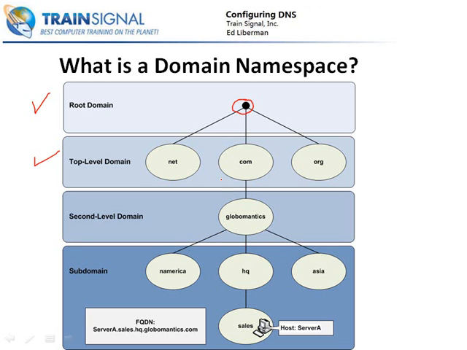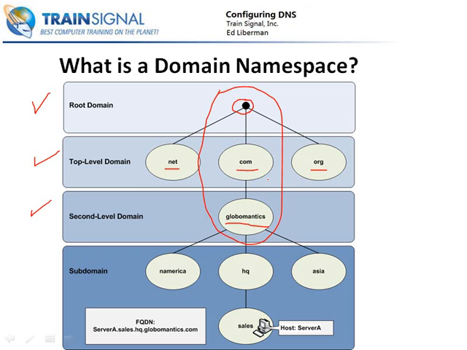Now, the top level domains are your .nets, .coms, .orgs, .info, .gov, .edu. There's a number of them. Those are your top level domains. Then we move further down through the tree into our second level domain. And that would then be, typically, the name of a company. And our example here is GlobalMantics. So in this example right here, if we took just this chunk of the tree right here, that's our globalmantics.com